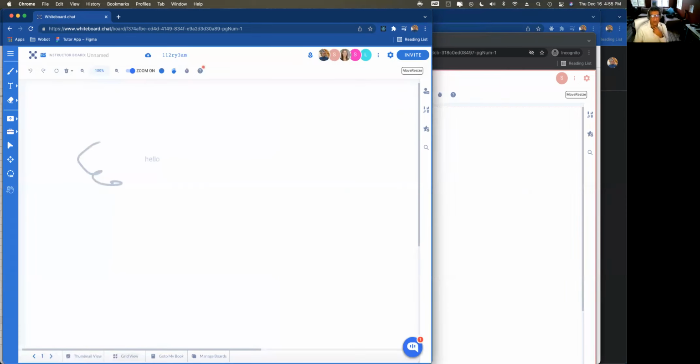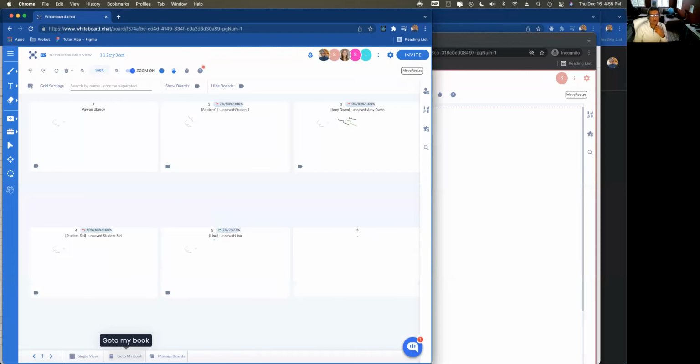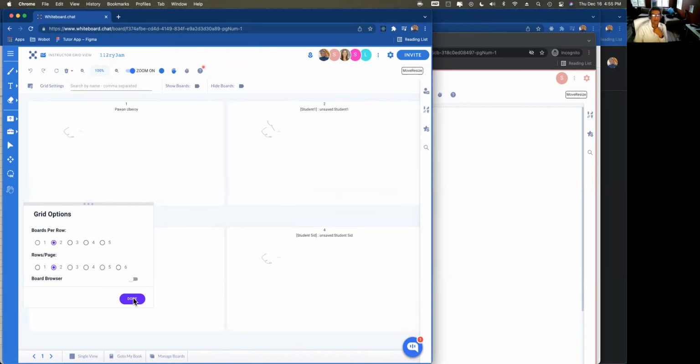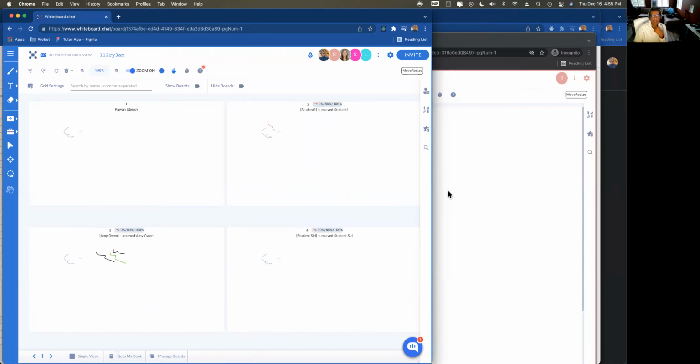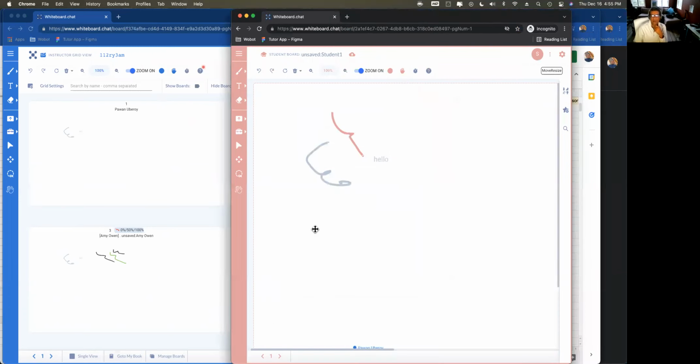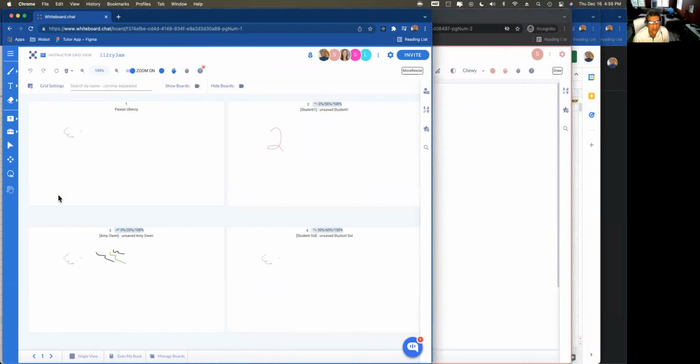Okay, so one thing, if you have a lot of students in your class, if you go to the grid view, of course, you can change the grid settings here. So you can say, hey, I want a 2x2 grid or a 5x6 grid, right? This one doesn't have multiple pages, but let me add one more page on the student. So let's say this is page number 2, right? If I quickly want to flip through the pages, I can turn on